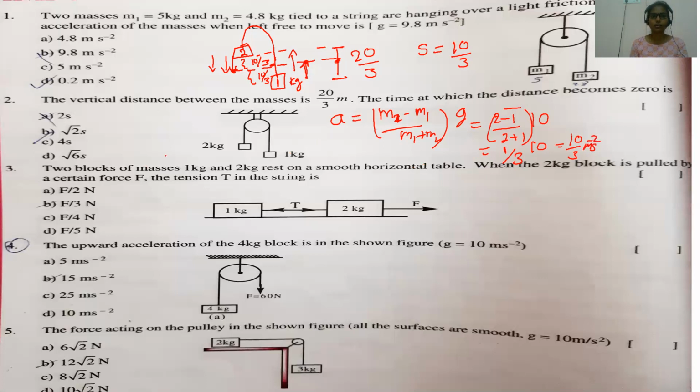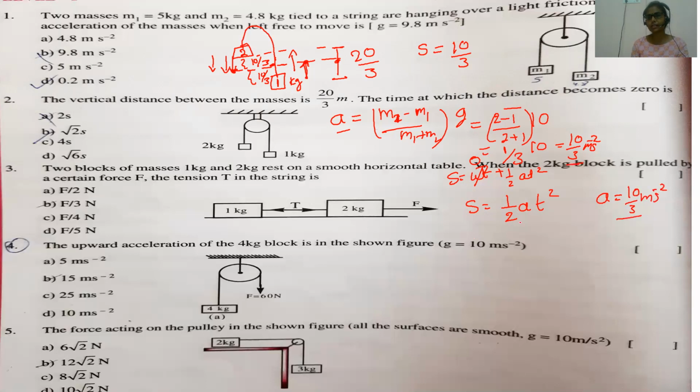Now, what you need to find is the distance or the time we need to calculate. So you know the relation S equals ut plus half at square, right, children? Since the initial velocity of that block is 0, when they are at rest and then start moving, u into t is also 0. So displacement is just half into a into t square. And you know the acceleration we already calculated, children. Acceleration we got as 10 by 3 meters per second square. Here we find acceleration.